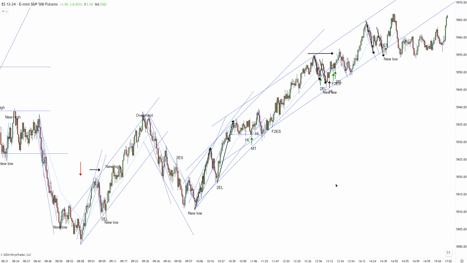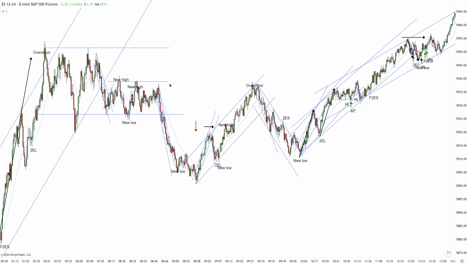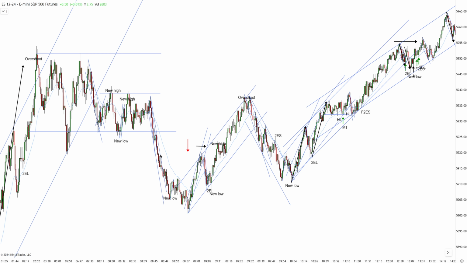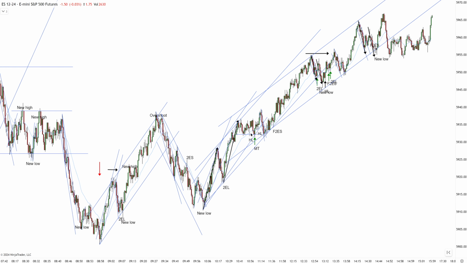I'm glad the price action ended up stabilizing because it looked like it was going to be a super fast, super volatile day, and eventually it ended up being quite a normal, boring day. We started with just a bunch of trends swinging up and down. We didn't really get that many setups, no good second entry while the trend is in play, but the second half, once the uptrend here started, it actually offered a few decent setups, especially this area here, a couple decent setups.